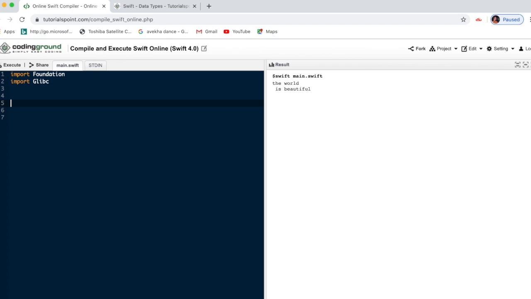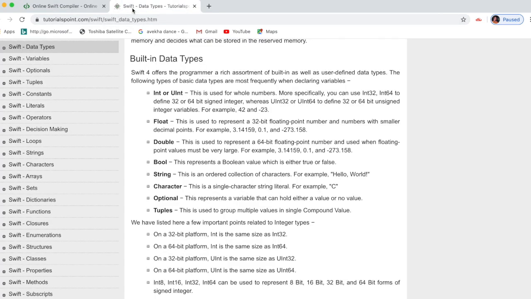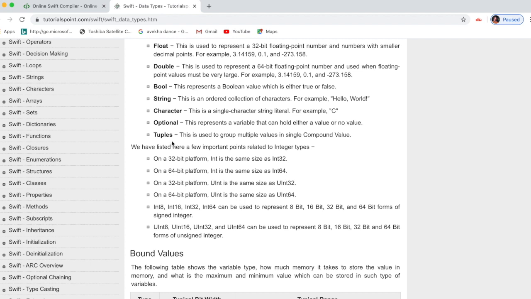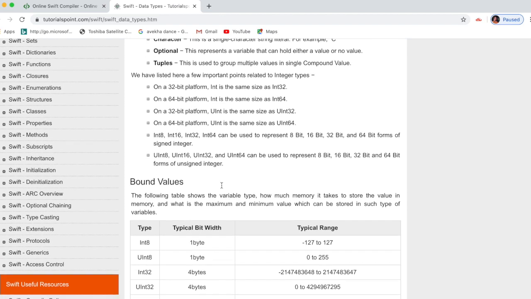If num question mark, we give a question mark like this. That is the meaning of optional, whether it contains a value or not. Next, tuples group multiple values into a single compound value. Okay, just go through this slide also.